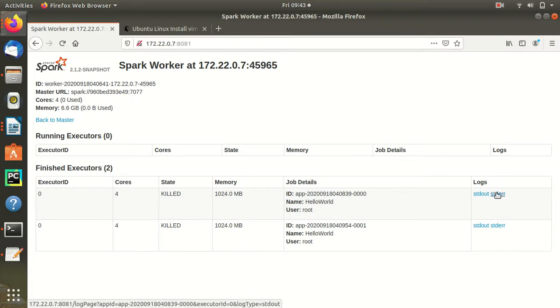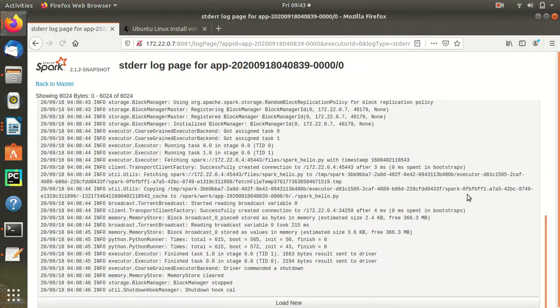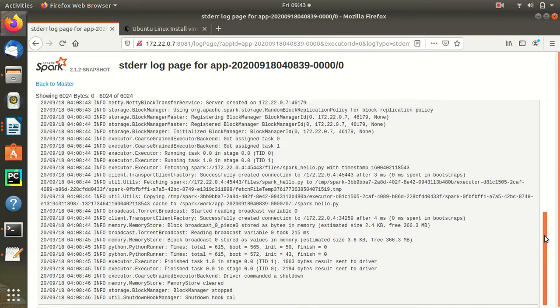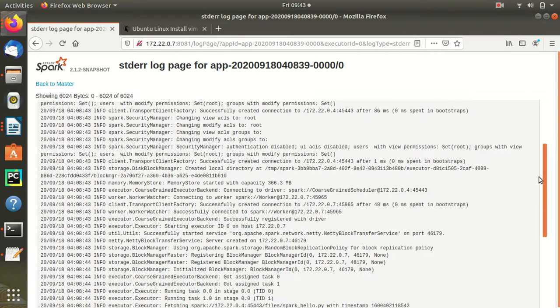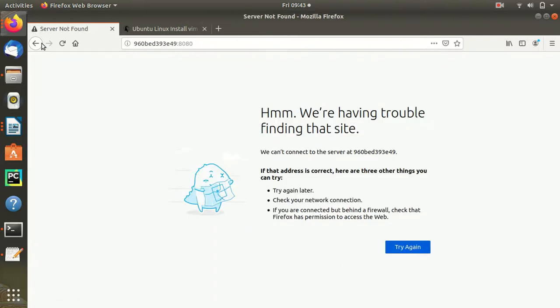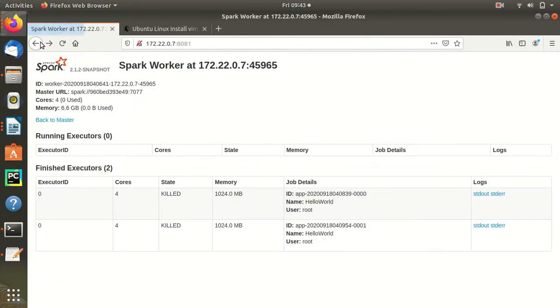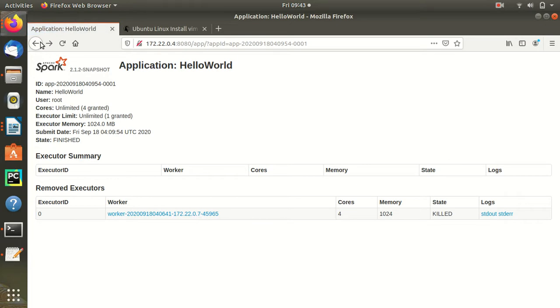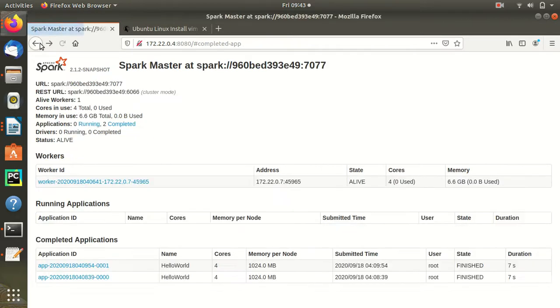Once you go in, we will be able to see this is the log, which we were able to see in the command line, but here also we are able to see. Later on, once the job executes, it comes to this 8080 port. Sometimes when I go back, page not found comes because the IP address gets changed with the container name, so that's why.